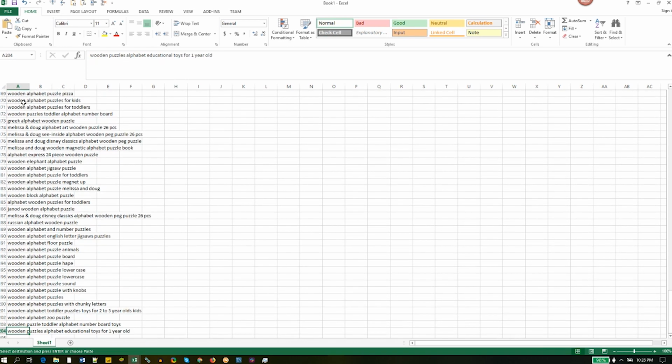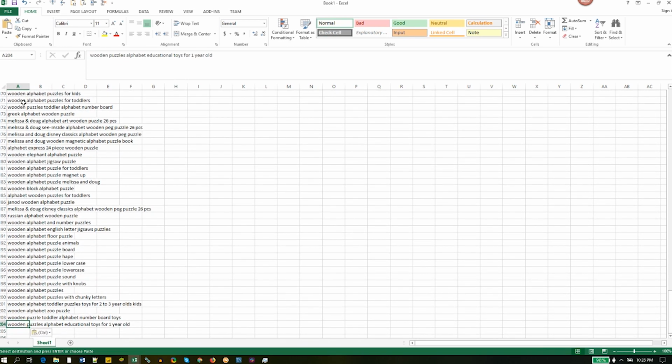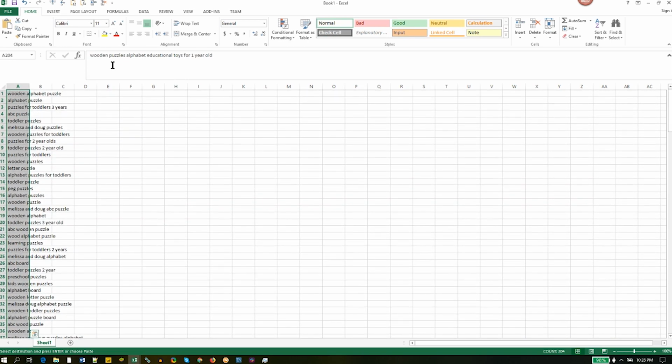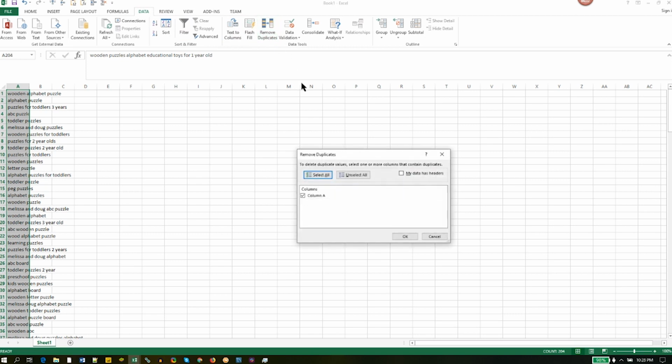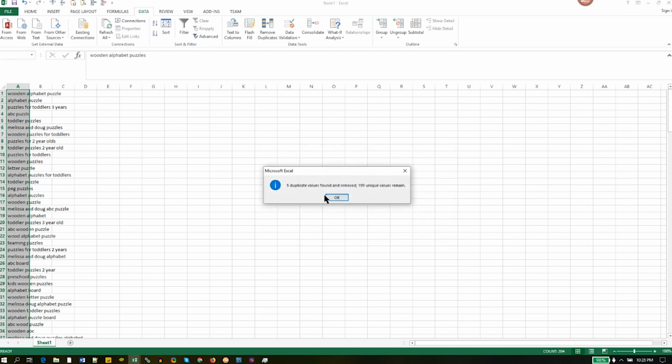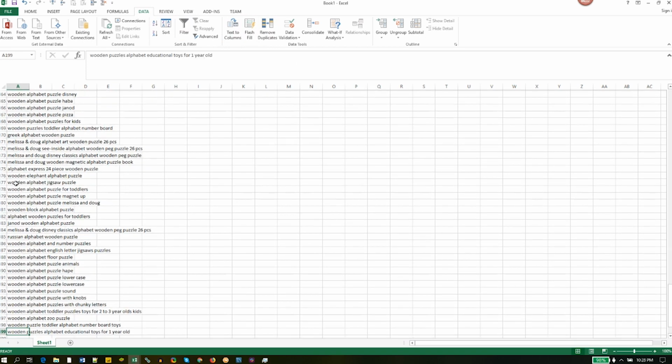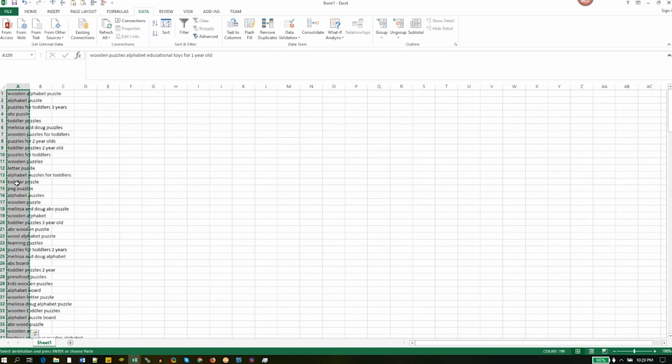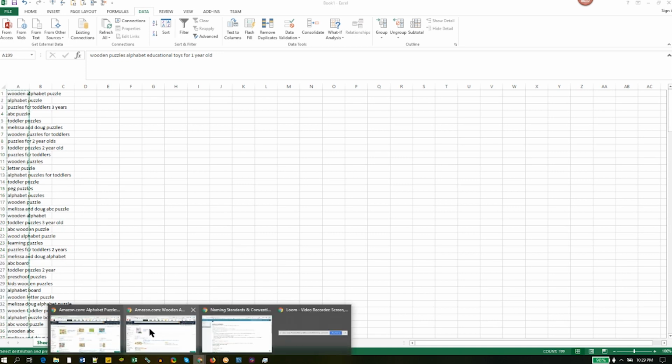And so that gives us 204 phrases or search terms. The next thing I'll do is remove duplicates. Let's go through that. 5 duplicates found. So it's roughly 200 keywords remaining. I'll copy that. And I have some notes here because what I'm going to do next is actually start